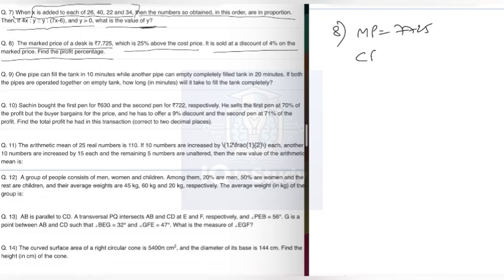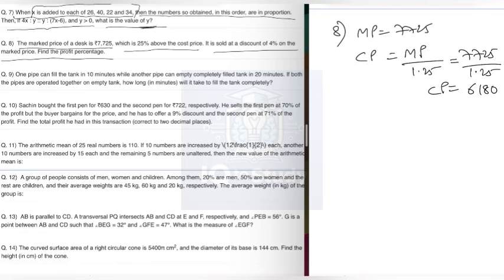So cost price is market price divided by 1.25, which means 7,725 divided by 1.25, that is 6,180,